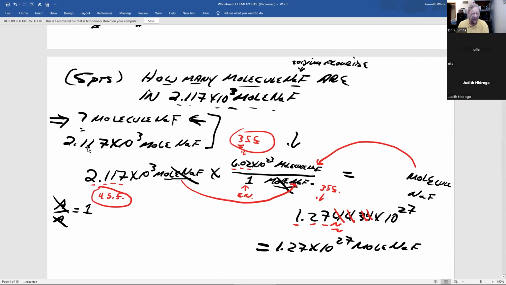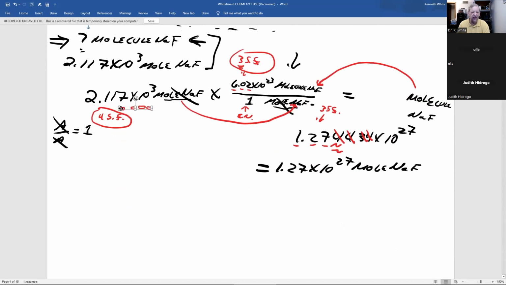Next, what are you given? This is the only number we're given, 2.117 times 10 to the third moles of sodium fluoride. This is where we start. We're trying to go to the units in our answer, and the red arrows, if we had a ratio that could convert moles of sodium fluoride to molecules of sodium fluoride, we use our good buddy, our good friend,